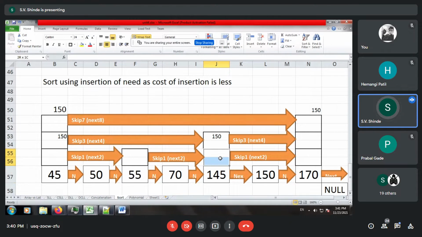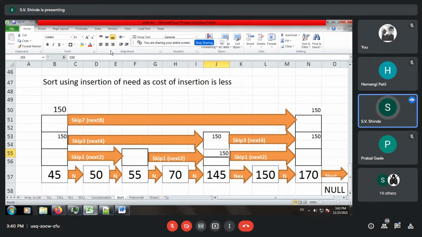So after moving one level down, we will reach 150 over here, and then in the second next we will again reach the last node. Over here 150 is greater than 145, so again we reach the last node for comparison. Again the last node comparison is false. Then we move one level down.